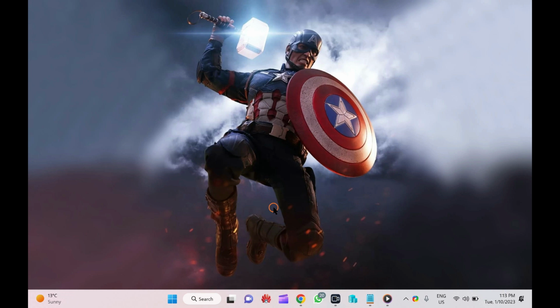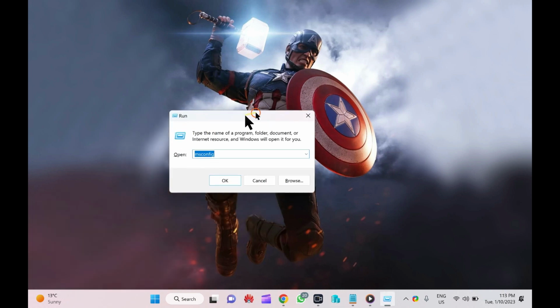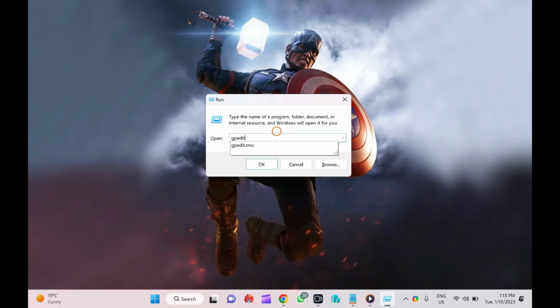Next, you can also disable background apps using Group Policy Editor. If you are using Windows 11 Pro or a higher version, you can use this method. Otherwise, you have to use the registry method. To open the Group Policy Editor, press Windows plus R keys on the keyboard and type gpedit.msc.